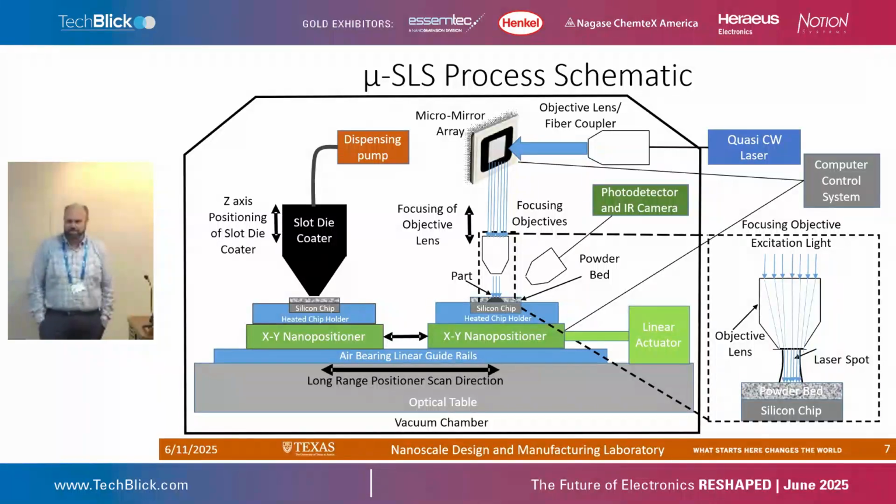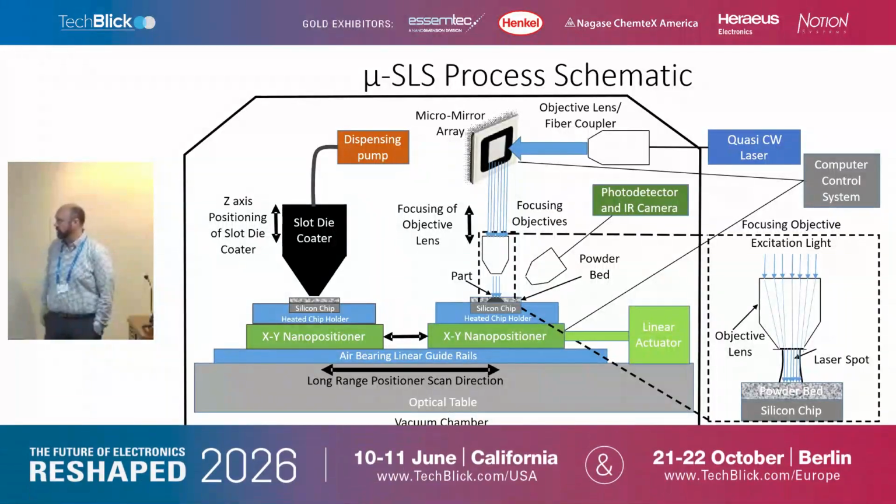The other challenge is we need to pattern small features. A single laser spot scanned around doesn't really work anymore at the throughput that we want to go to. So we incorporated a digital micromirror array into this system. We basically take a laser and focus it off that digital micromirror array. Each one of those pixels in that micromirror array gets focused down to about a 1 micron spot size. So we're patterning about 2 million 1 micron